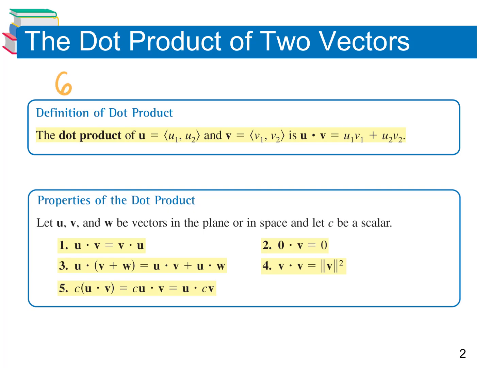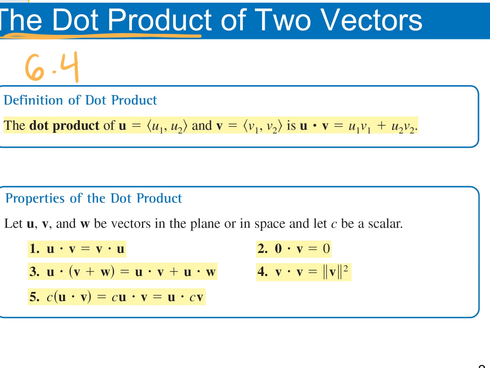All right, so 6.4, we're going to talk about the dot product. When we take the dot product, it looks like multiplication, but it's not really. I mean, kind of. It has a little bit of multiplication in it. But it'll be u dot v. So vector u dot vector v. When we take the dot product, it's the first number times the first number plus the second number times the